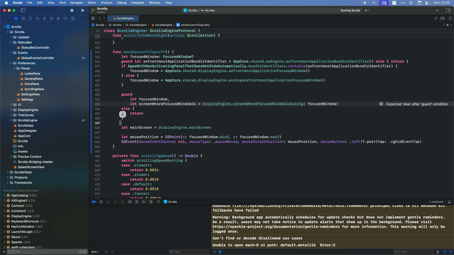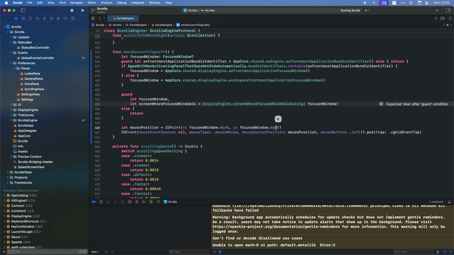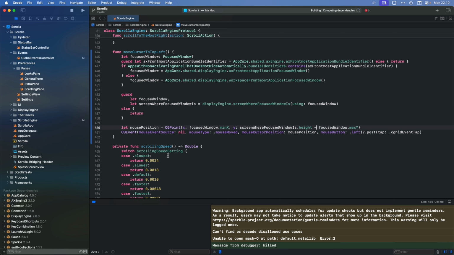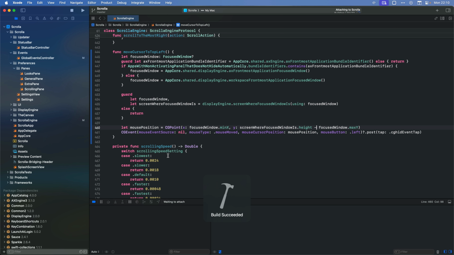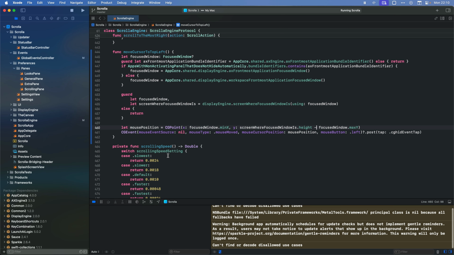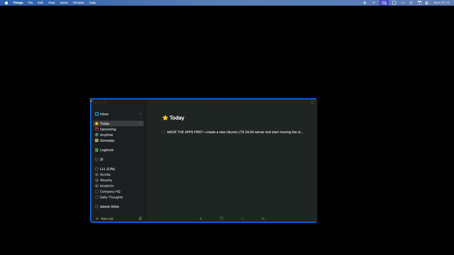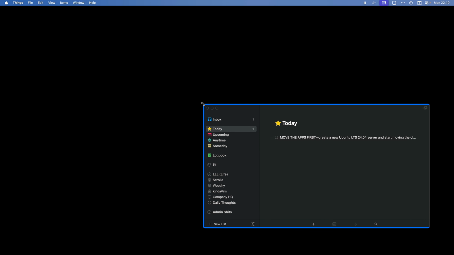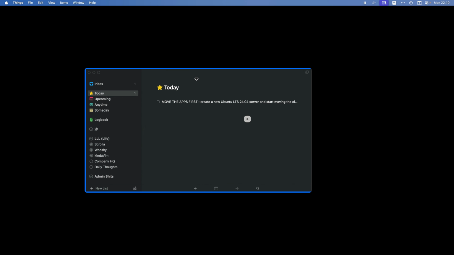Else return. Which means here we should have a screen where dot height minus, yes. Nice. Okay, so now what we